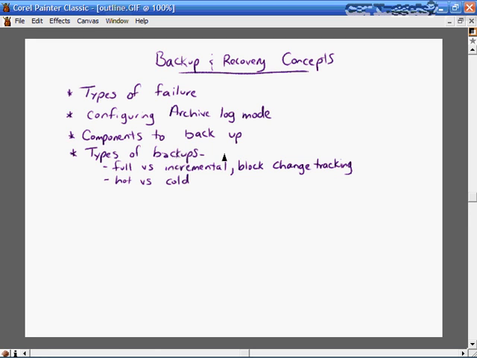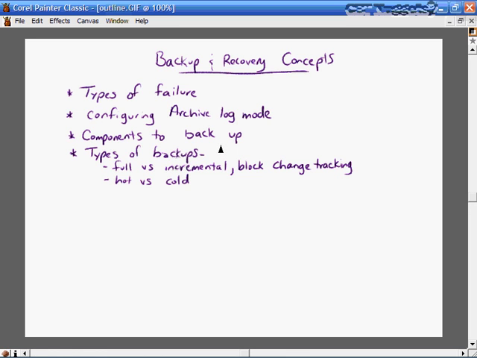For example, the hardware for your database might go bad, or perhaps you accidentally dropped a data file, or maybe an end user accidentally dropped a table that they needed. In order to plan for these disastrous events, we need to perform backups. And you also need to know how to treat these backups when something goes wrong, how to get back to